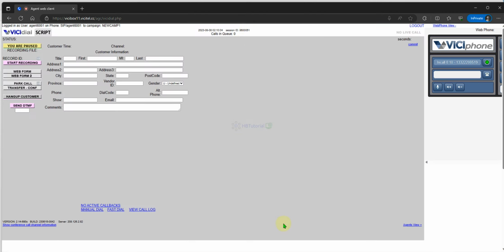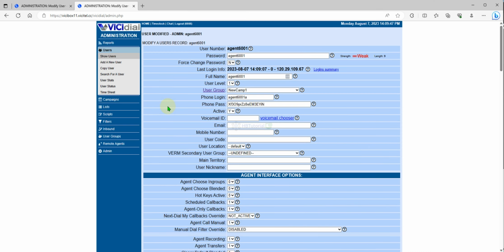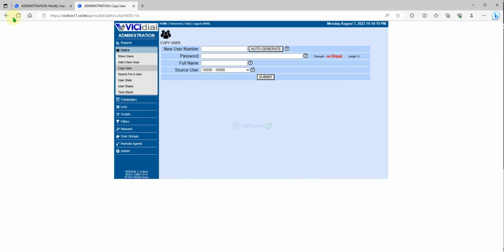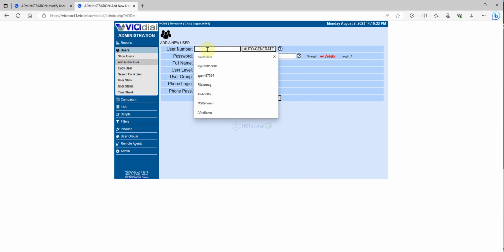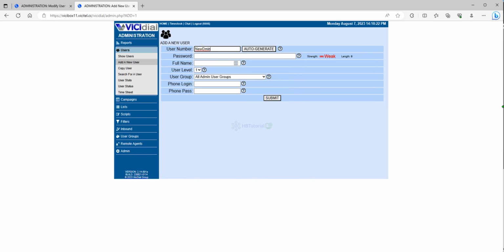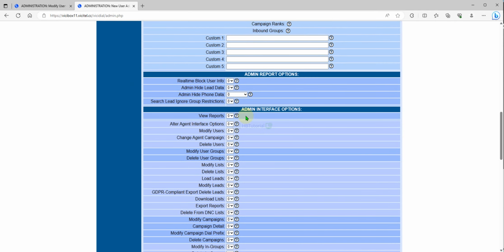Okay, and also to update, for example, I will create another admin user, so I will add a new user. So I will set this one new admin. This one is new admin C1, so it means new admin campaign 1. I just copy all again, and I will set to level 8, so for campaign 1, and I will modify some permissions so they can